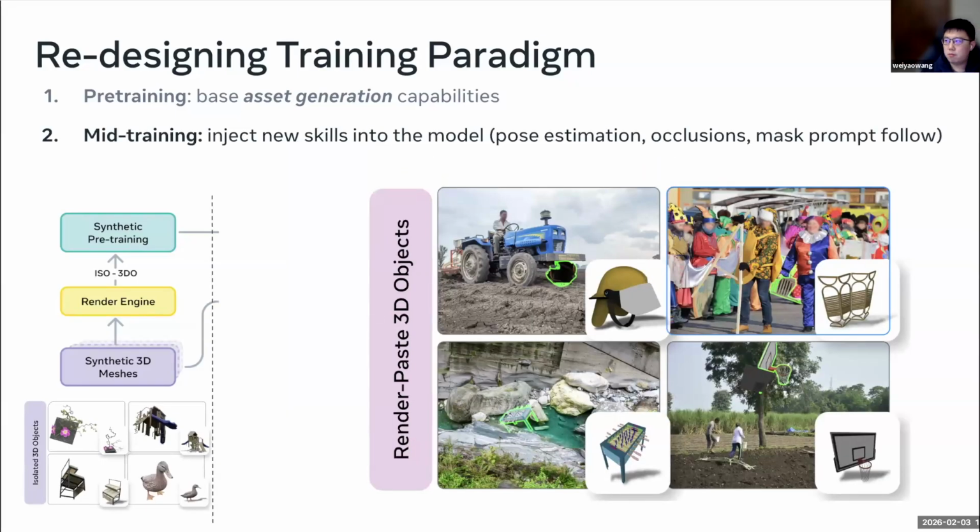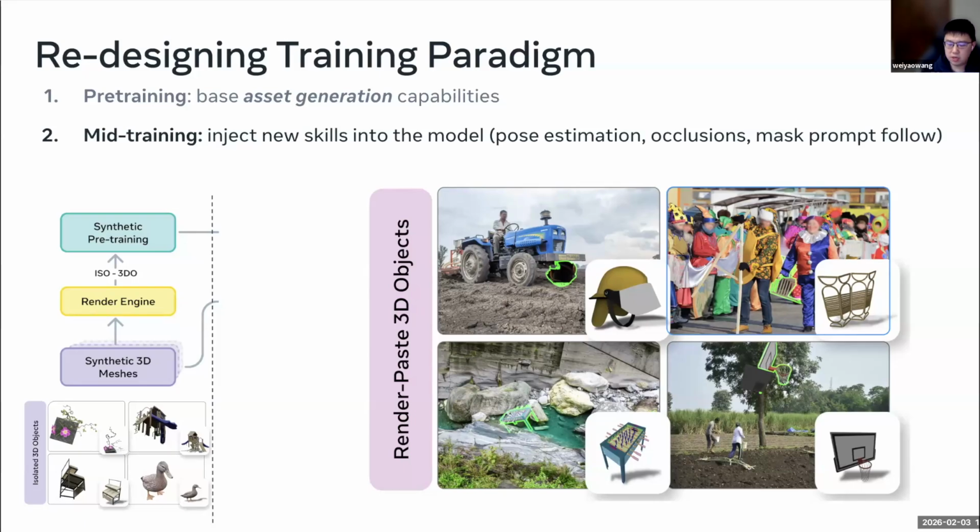The mid-training is where the model learns what we call street smarts of the real world. There are three core capabilities here. The first is, we believe, pose estimation. The model needs to learn where to place this object in the scene. The second is occlusion robustness. Real images are pretty messy, you can see things blocking each other. A model must reconstruct well even if the object is only partially visible. And finally, object prompt following. This is still an object-based model, so the model needs to know to reconstruct this specific object that the user wants.